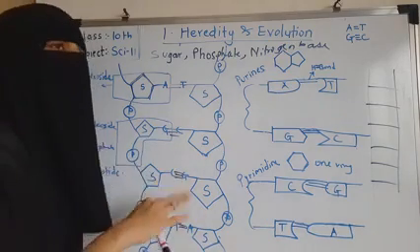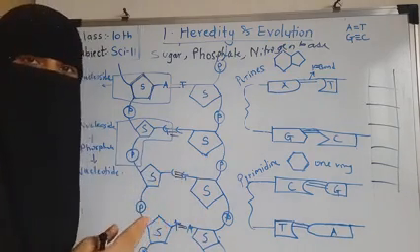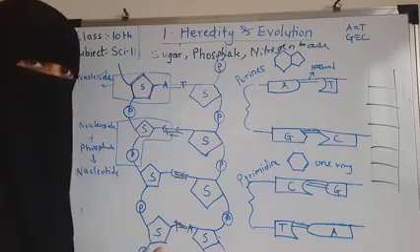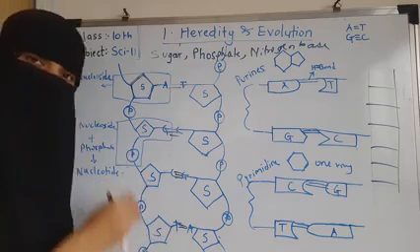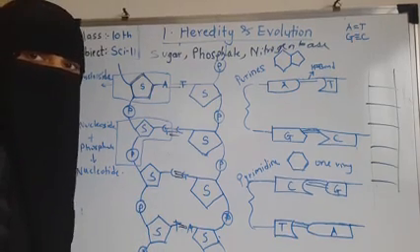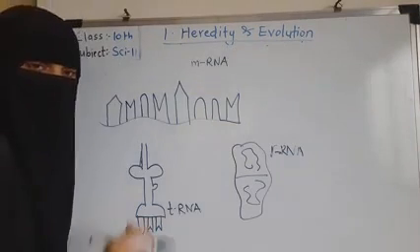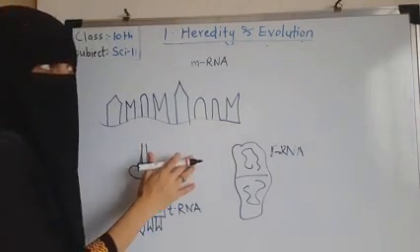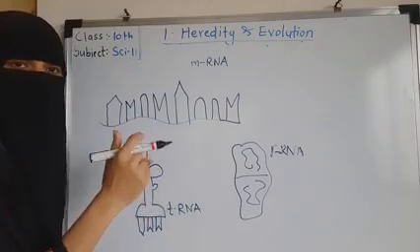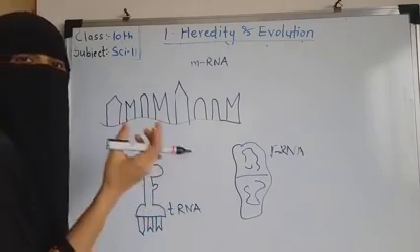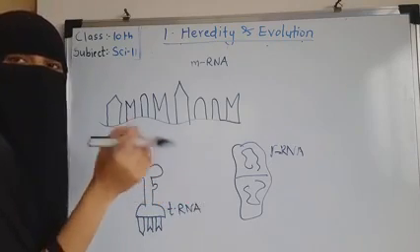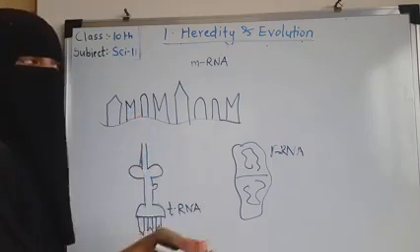Now like this, one more important nucleic acid is present in the cell, and that is RNA, ribonucleic acid, right? That also we have to revise because we need it further. So if you remember the structure of RNA, ribonucleic acid, this nucleic acid is made up of ribose sugar, then phosphate molecule and 4 types of nitrogenous bases.